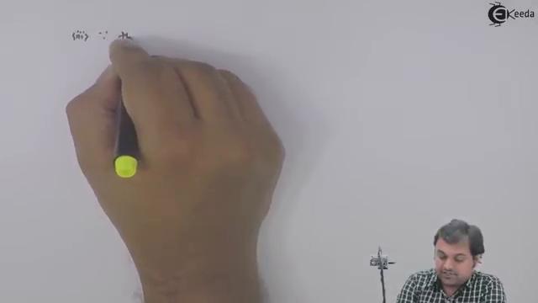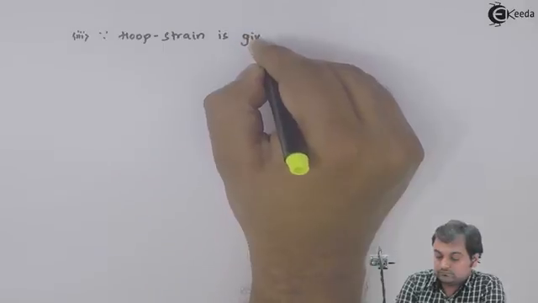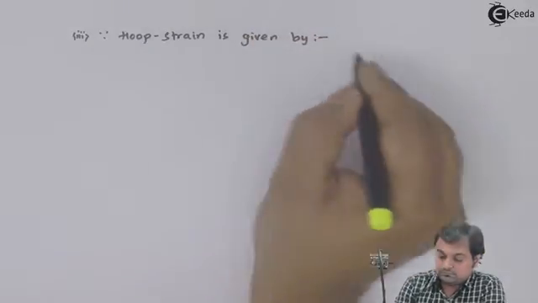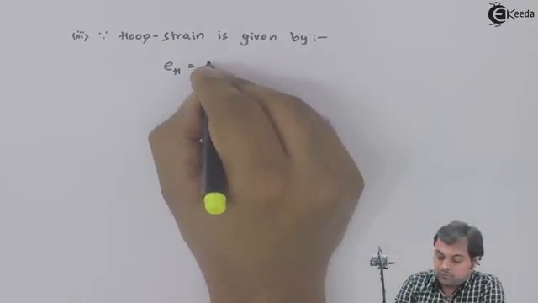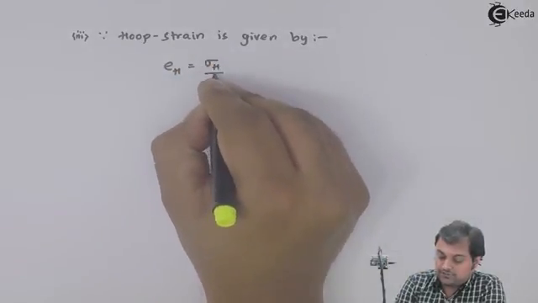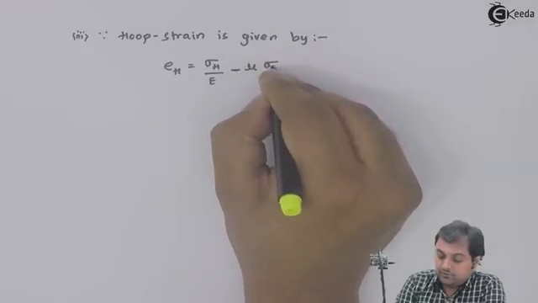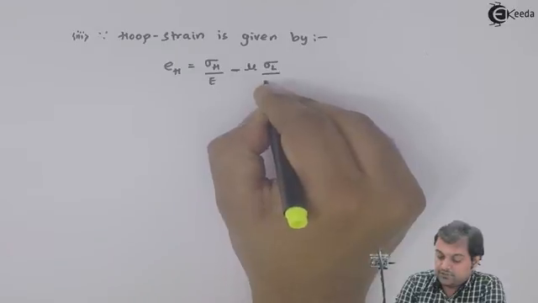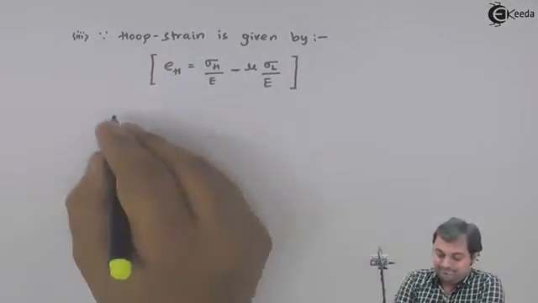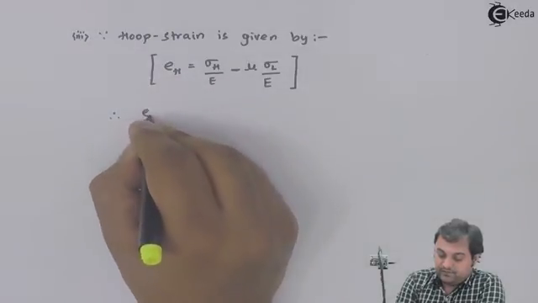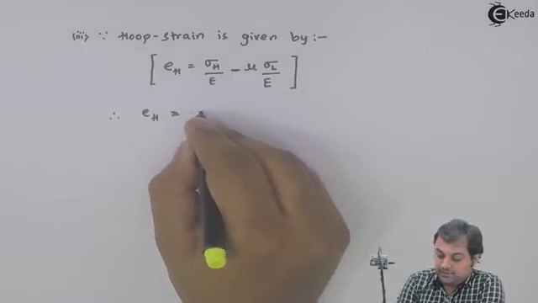Since hoop strain is given by e suffix h is equal to hoop stress upon Young's modulus minus Poisson ratio into longitudinal stress upon Young's modulus. Therefore, I will write down, taking 1 upon E as common,